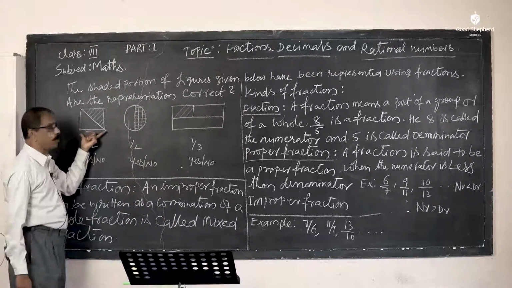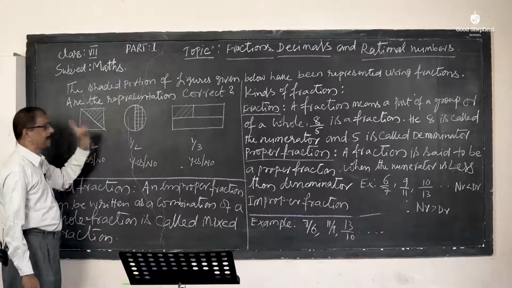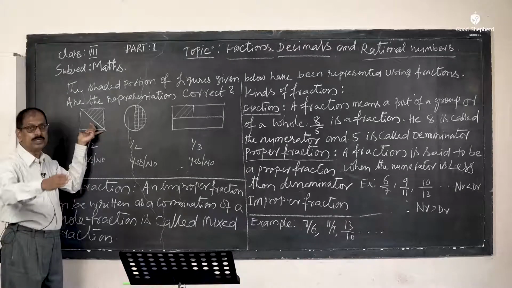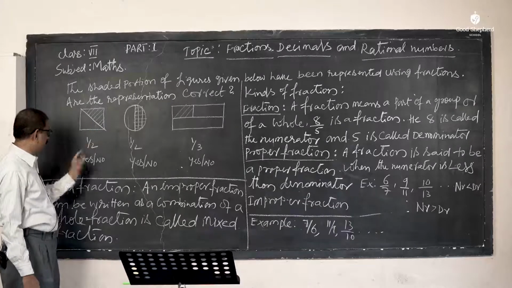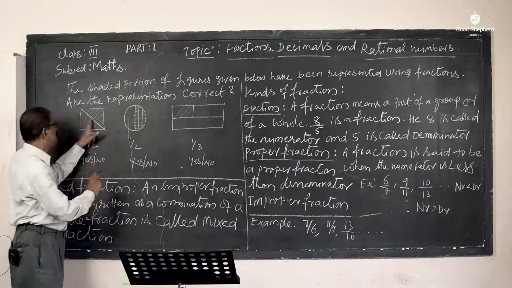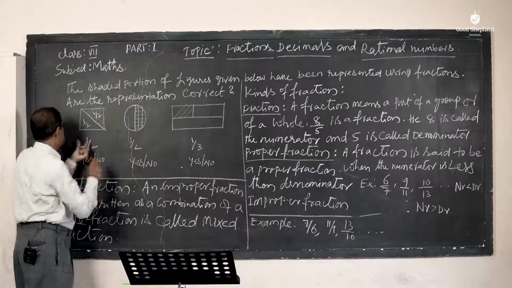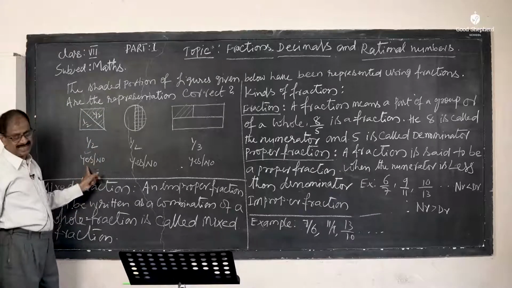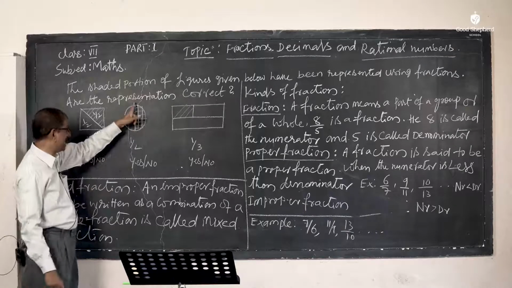Now, I have drawn a square and a diagonal here, and I shaded this portion. That means the given picture is divided into exactly two equal parts. Is each part 1 by 2, yes or no? Yes, absolutely. Each part is called 1 by 2, and 1 by 2. We can denote the shaded part as 1 by 2. So it is correct.